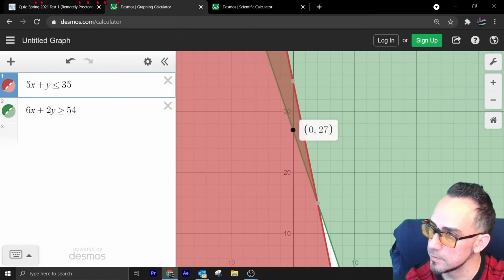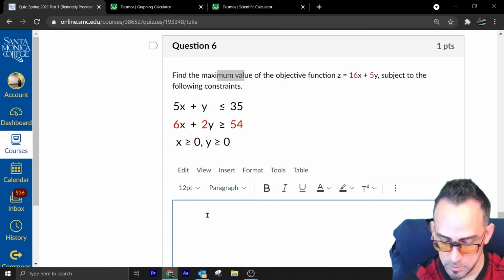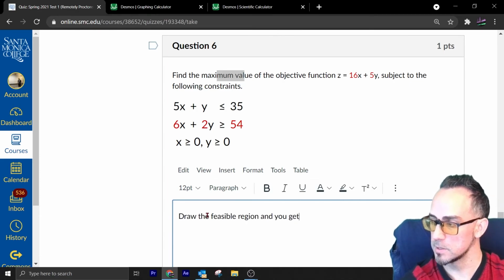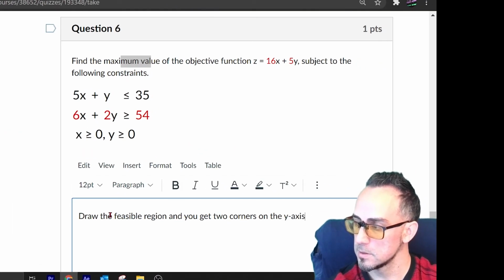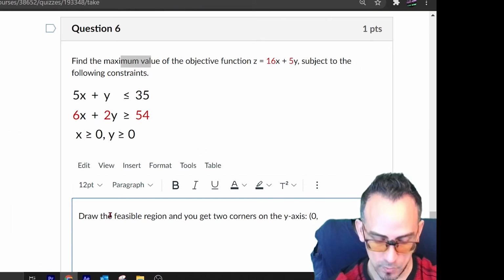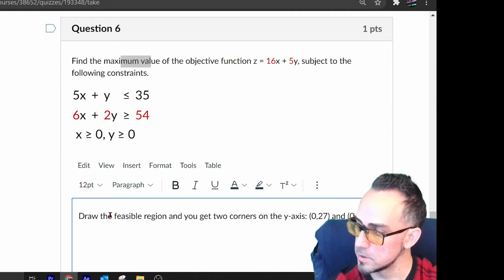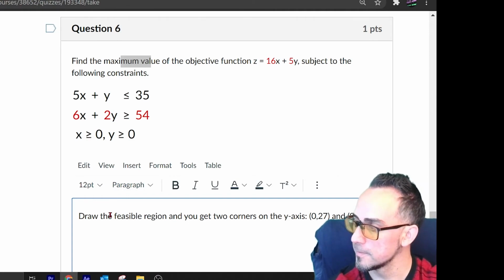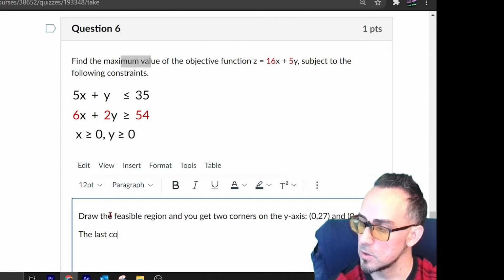You get two corners on the y-axis, which are (0, 27) and (0, 35). The last corner is found by solving